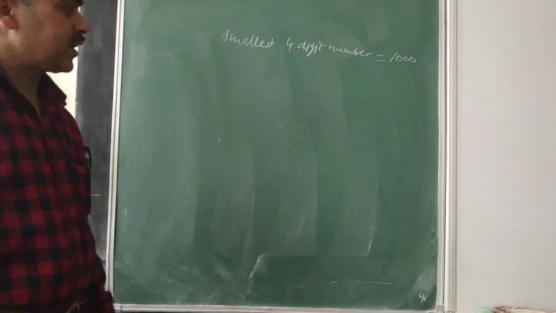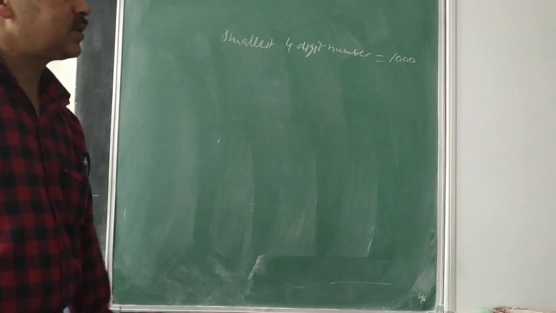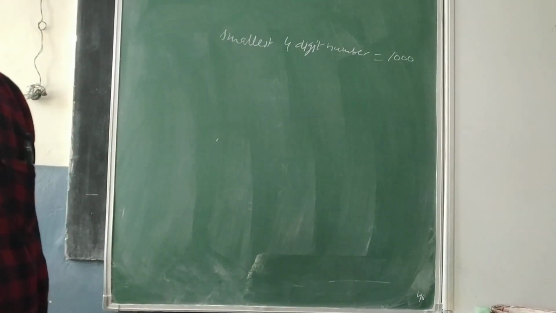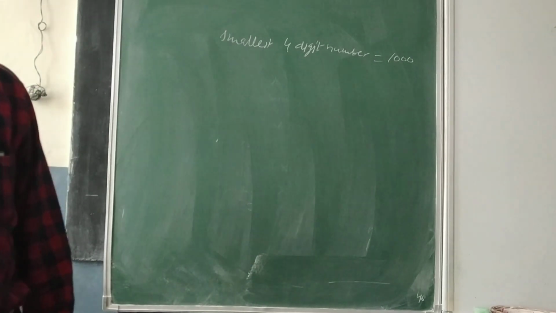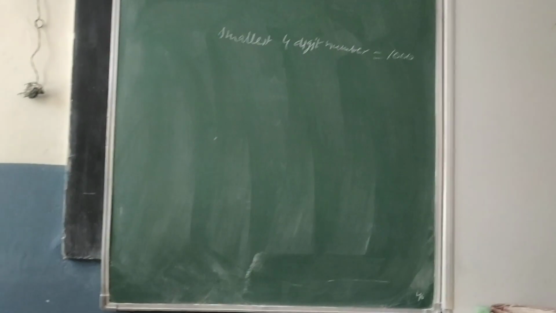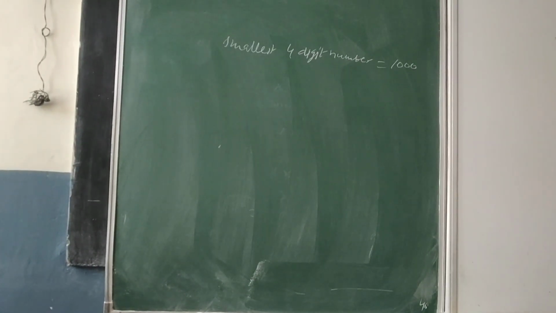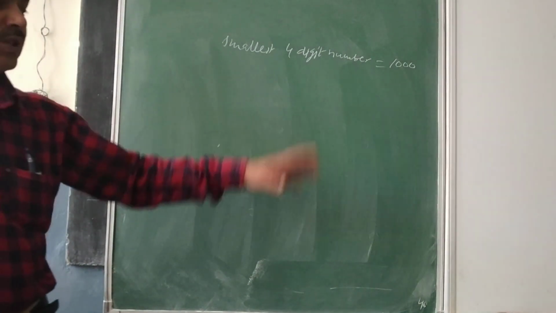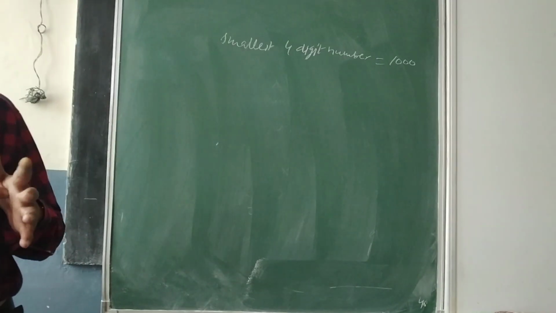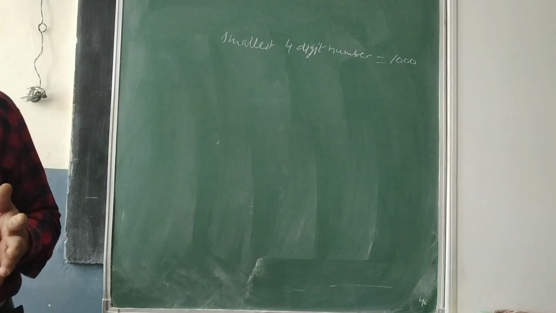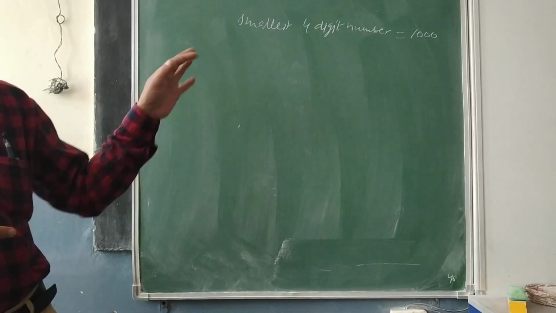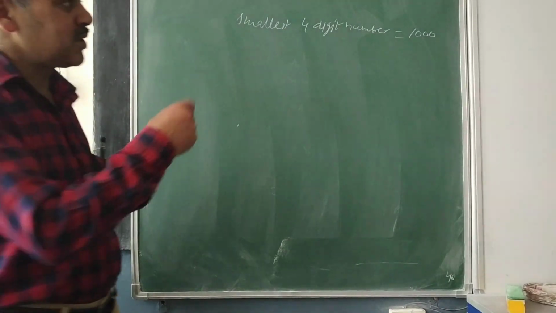In other words, you can write along with the statement of this question: what must be added to 1000 so that it is a perfect square. So go back to your question number 13. That is also the same. Find the least number which must be added to the following number to make it a perfect square. So you know 1000 itself is not a perfect square. If I subtract even 1 from this, it will not remain a 4-digit number. So then I just cannot think about subtraction. Means I have to think about addition. So which must be added.